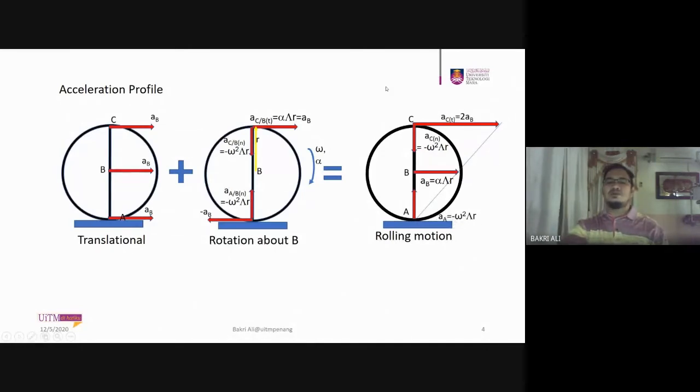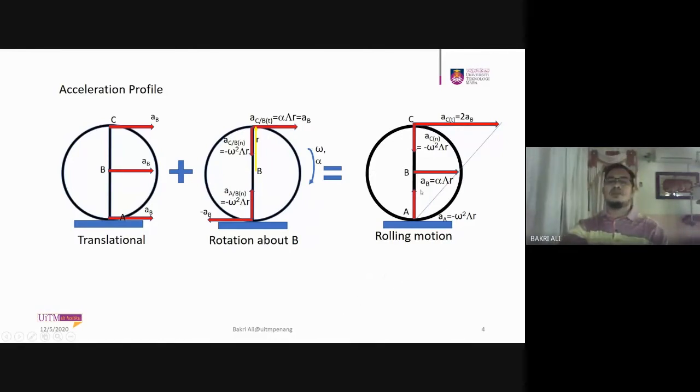So these are the major components of acceleration on the wheel. From here we can see that there is no zero acceleration point, so we cannot use the IPR for the acceleration because there is no point with zero acceleration on the wheel. So you should use either point A, point B or point C as a reference point. Then you can find the acceleration of any other point by using the general motion equation.